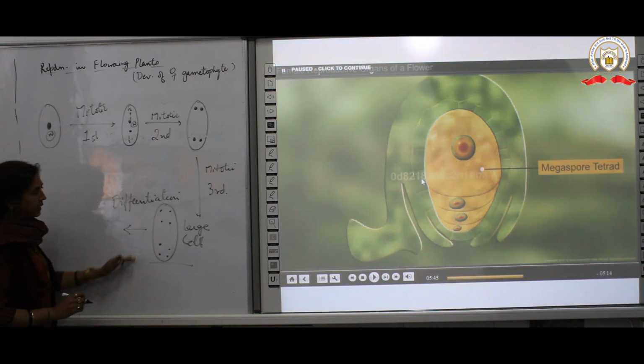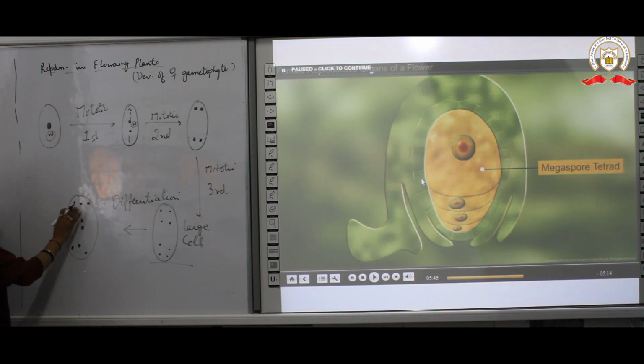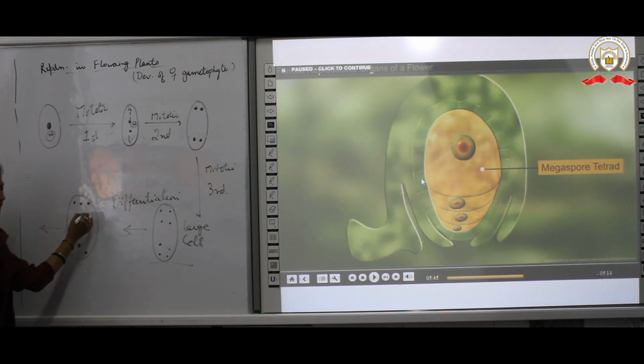Now how does it occur? There will be movement, or rearrangement, of nuclei in such a manner that 3 nuclei remain at each pole and 2 nuclei move towards the center. This kind of movement of nuclei takes place, and this is followed, in most cases, though it can start earlier also, by